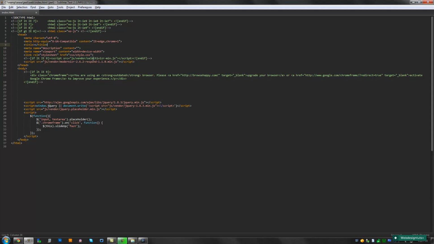One of them is Selectivizer, which is an Internet Explorer 8 and 7 polyfill for CSS3 selectors, like last child, things like that. And then we also use Respond.js, which makes it responsive in old versions of Internet Explorer. It tosses up this Chrome Frame to basically bug people with old versions of Internet Explorer to upgrade their browser. And then it uses